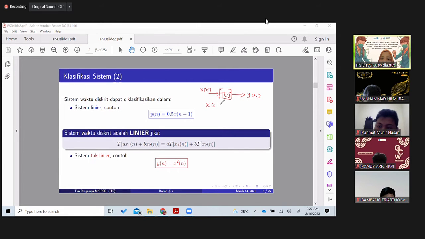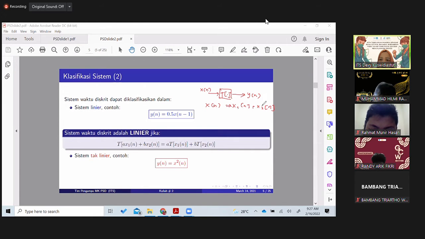If xn equals A x1n plus B x2n, with the constant numbers here, and this becomes the input to this linear system, then the output yn must be equal to